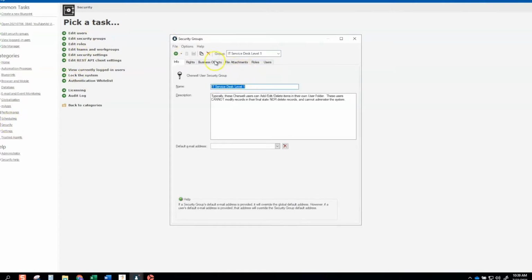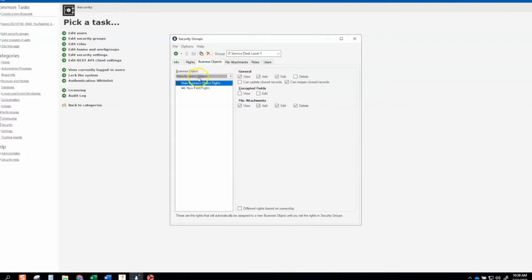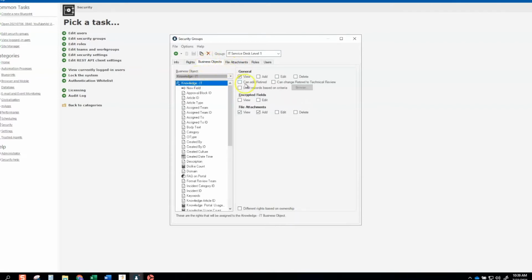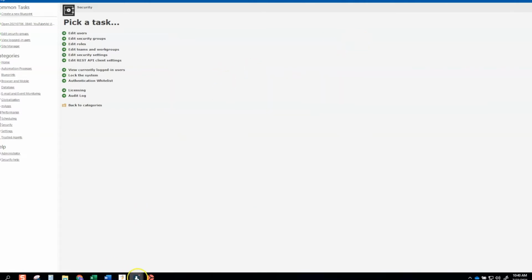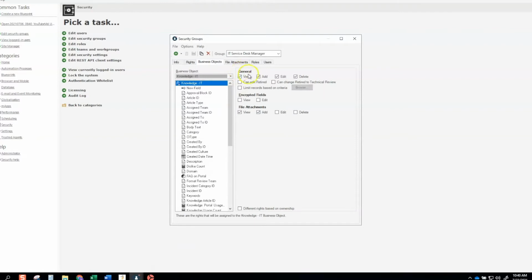And again, going down to Service Desk Level 1 into our business objects, knowledge management, you can see there is no limit records. Level 2 and 3, there is no limit records. And Service Desk Manager does not have add, edit, or delete rights. So what I'm going to do is go back to